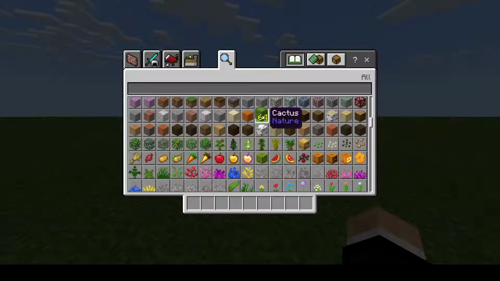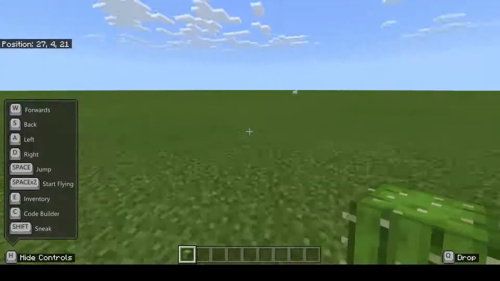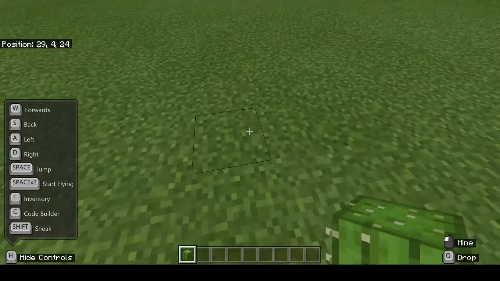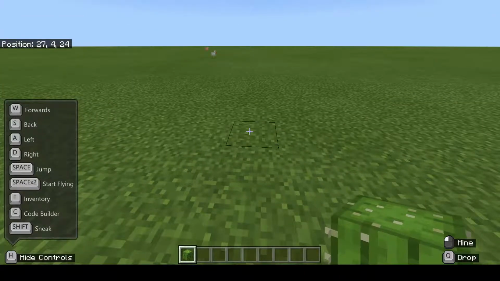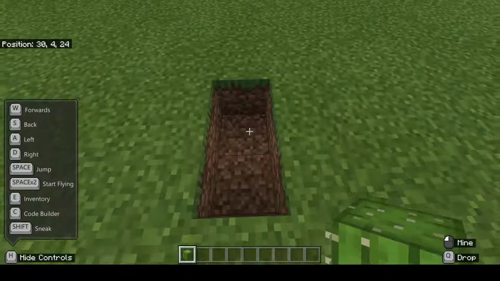I simply click on the cactus and I can drag it into my hotbar, which are these blocks down here, like that. And then I can use the left click on my mouse to destroy different